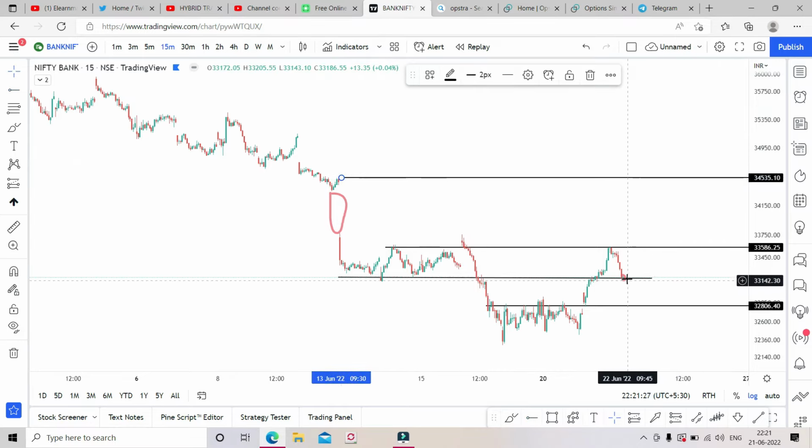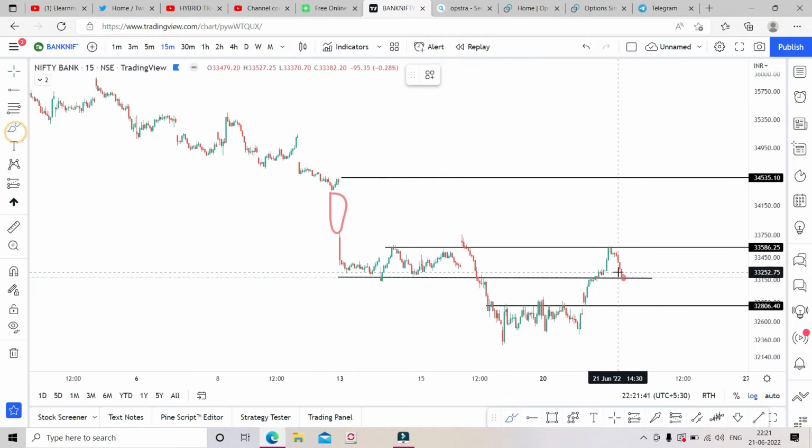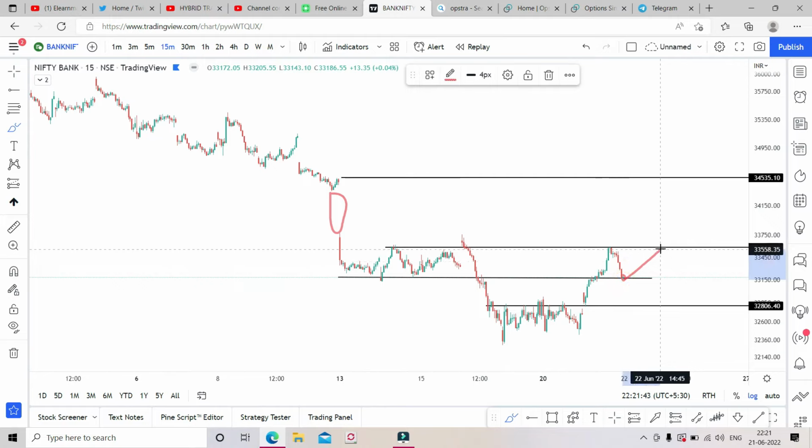So I think the best potential place would be to go for the Ironfly, because you have 1.2% resistance on the upside and 1.2% support on the downside. Let's say the moment you deploy the trade, this is your Ironfly. Let's say you deploy the trade and the market goes up and it breaks the resistance, and if it